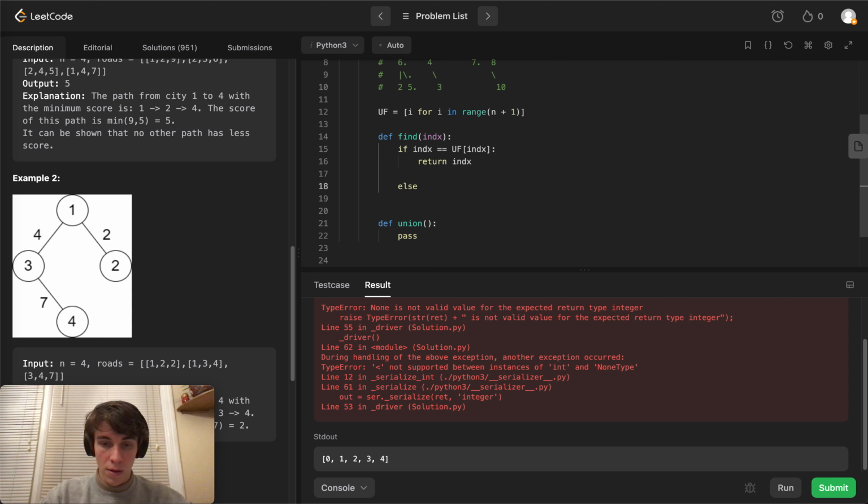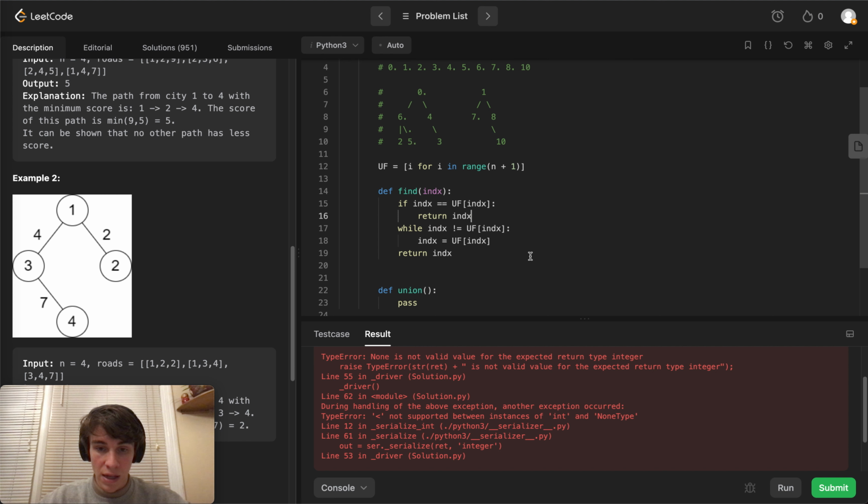Else, and this doesn't have to be in an else statement because this is also going to be executed, I'm going to say that while index does not equal uf[index], index is equal to uf[index]. So